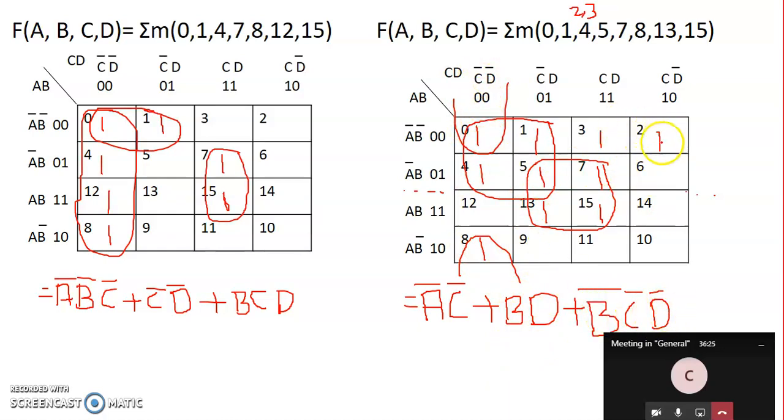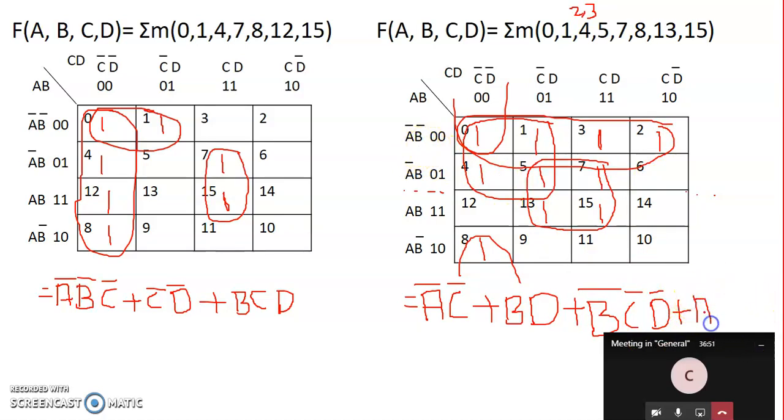But now once we go for this one, this is the only option. But if I go for this one, I have one more option here. But this was not required because these two possibilities are there for this one. But for this one, this is the only option. So I'll make this in one group. If I make this in one group, what is the result I'm going to get? That is A bar, B bar. So you write down that.